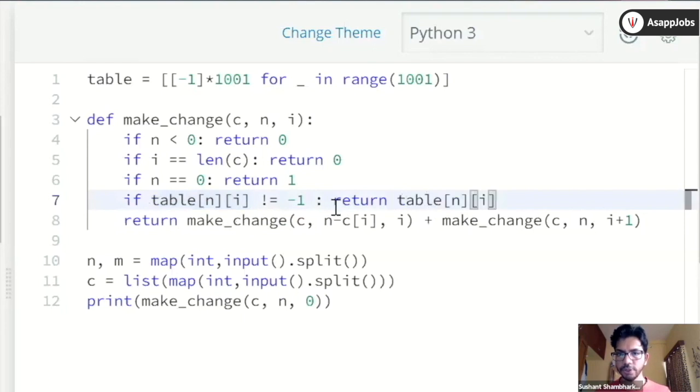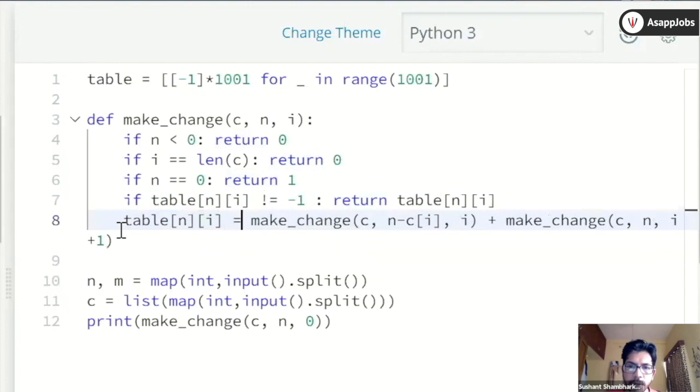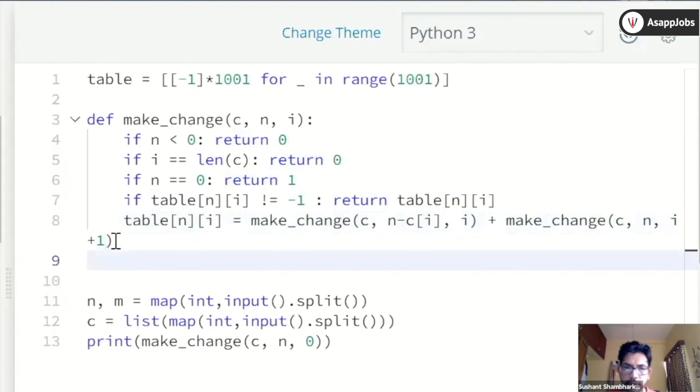So you should be able to choose the data structure depending on the problem. Now we can see in the problem the ranges are not that high. We can still use an array-based data structure. That's why we are using an array-based data structure. But if the ranges are too high, you should be able to use some hash-based data structure like maps or dictionary.